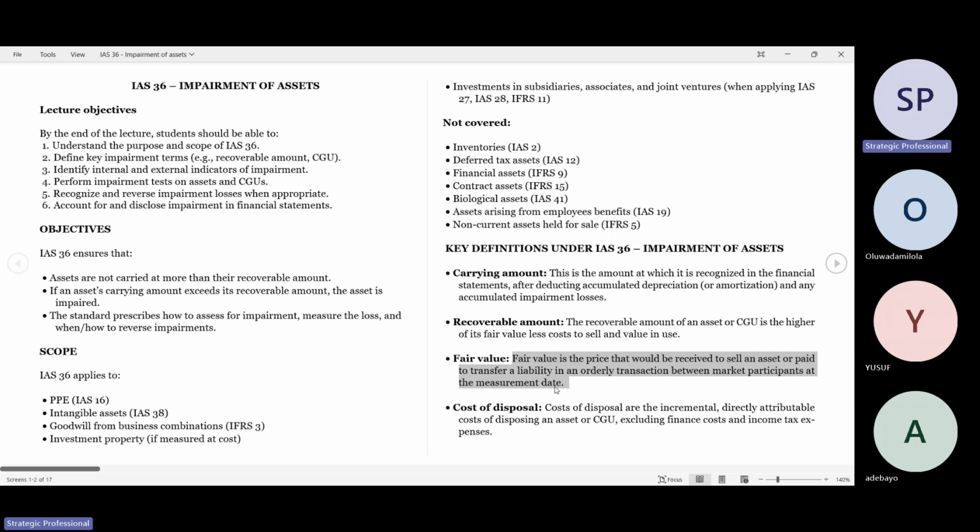So cost of disposal is saying that, still using the motor vehicle example, if I sell the asset today for 4 million naira, as the market will price, how much will it cost me to dispose of it? For example, to dispose of an asset, you will need to advertise. That's cost of disposal. You may need to pay a commission. You might not have time to dispose of that motor vehicle, so you need a salesman. The commission you pay that salesman can form part of your cost of disposal. So that's the meaning of cost of disposal.